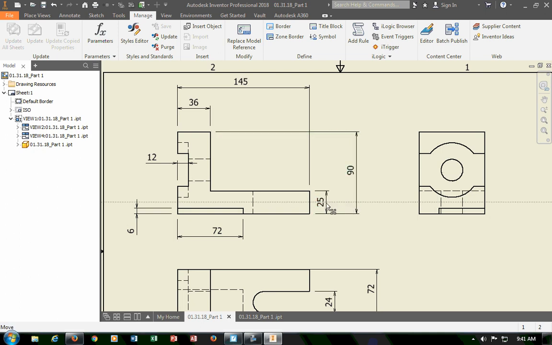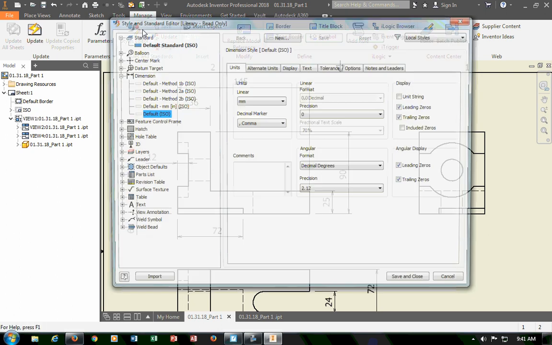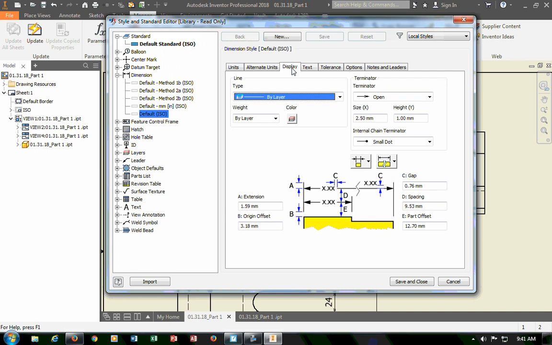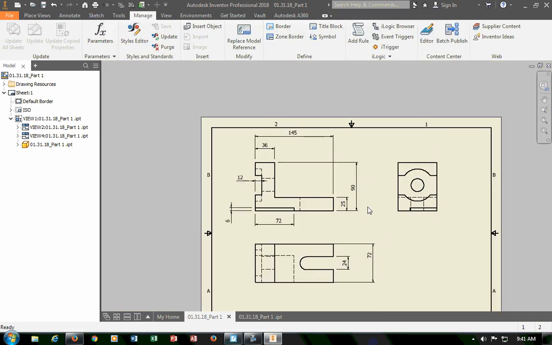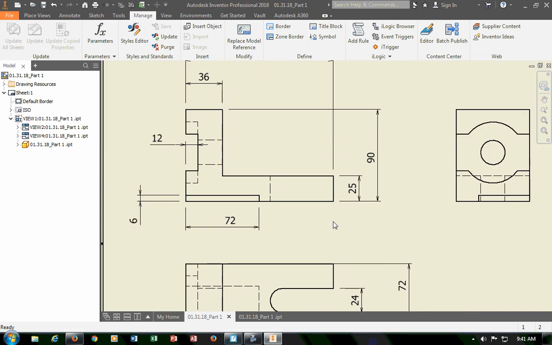That's pretty far out, so let's see. Let's double check where that is. That's that spot. Let's see. That's too close. It's too far. Not sure why it's not tagging. Let's check the style editor again. Display. Okay. E, D. Yeah, looks correct. So this I'll only be able to check when I print it to see if it's actually